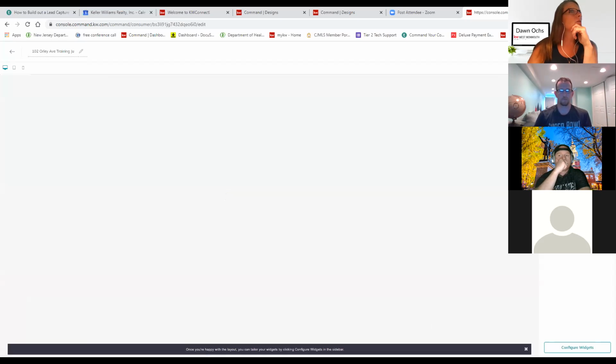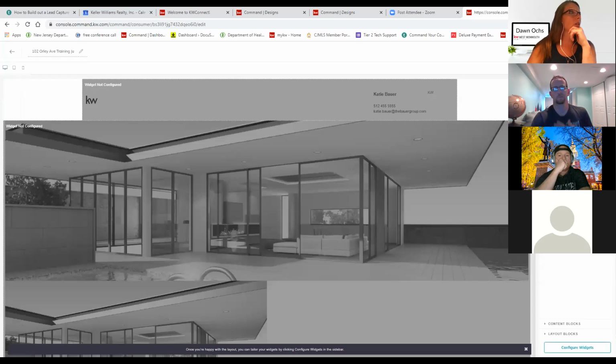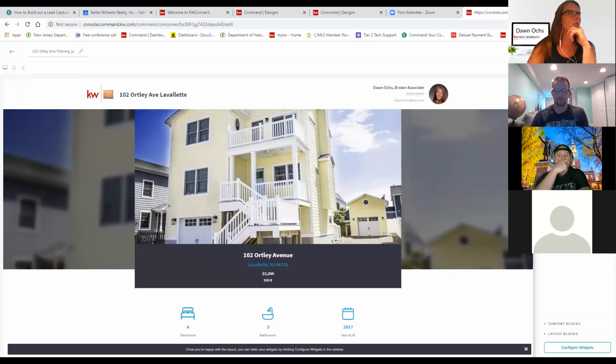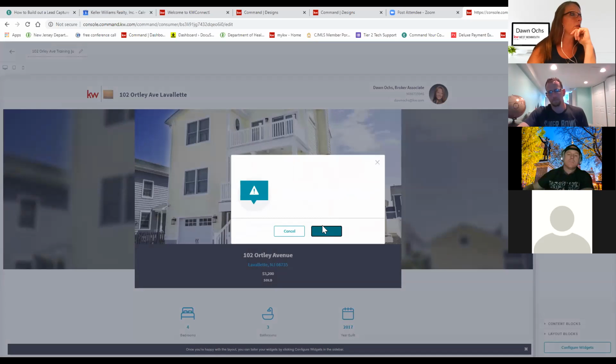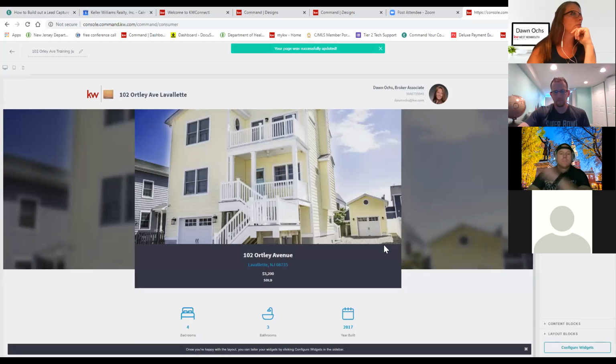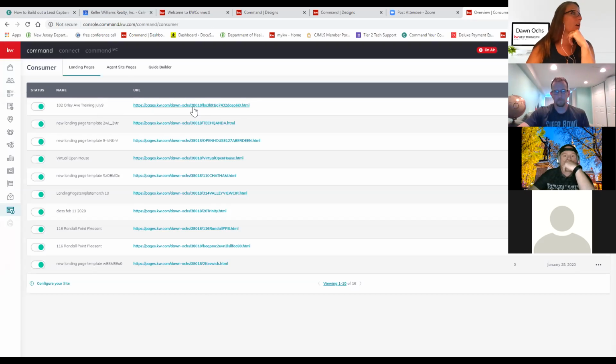Once it populates, I should be able to publish it. Okay, so now the publish button is highlighted in green. I can click the publish button, and now I'm going to say yes. And it's successfully updated, and it shows up here as, see this crazy URL,